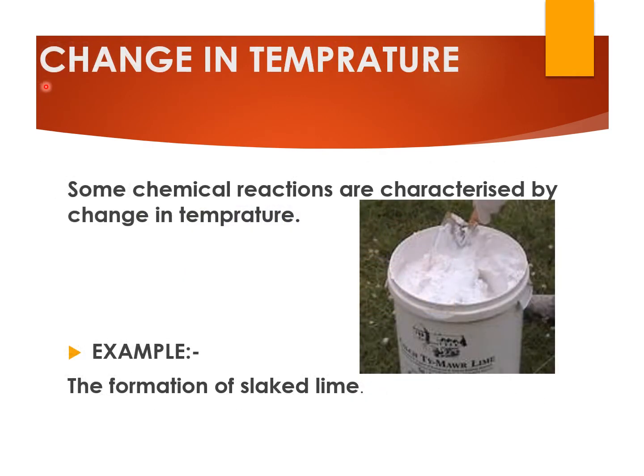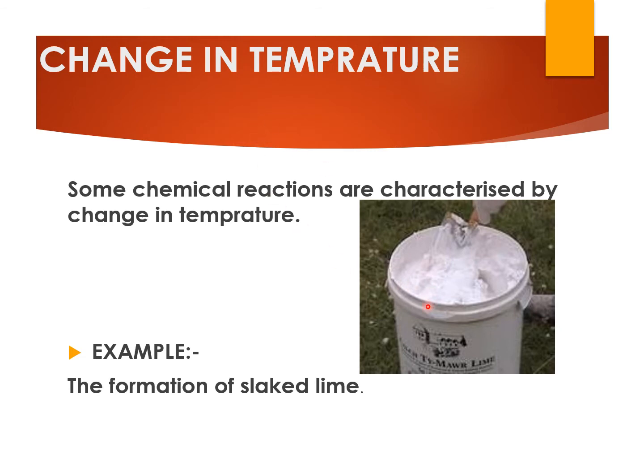Another very common characteristic of chemical reaction is change in temperature. Some chemical reactions are characterized by change in temperature. For example, when we take a bucket and put quicklime or chuna in a bucket and then we put water in it before whitewashing our house, then the person who is going to do the whitewashing of the house never mixes it with his hand. He takes some wooden or other material for mixing the lime in water because it produces a lot of heat. So that is a change in temperature.